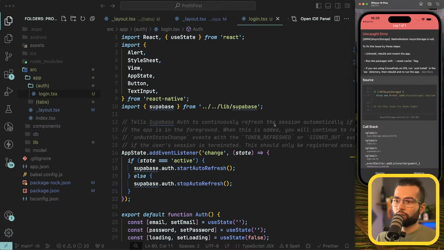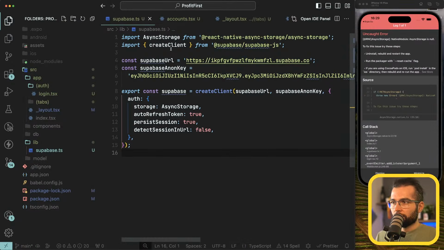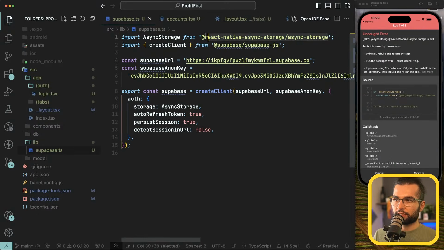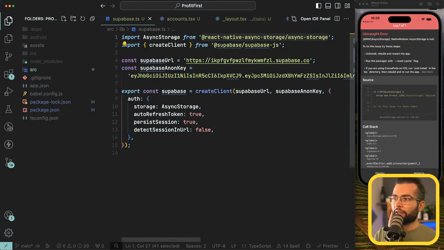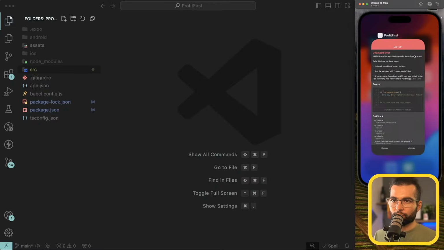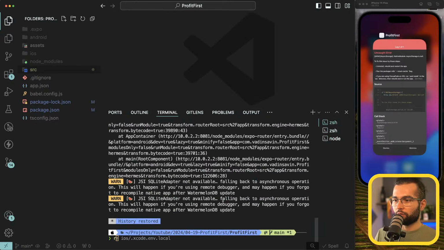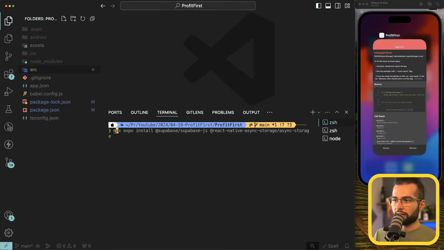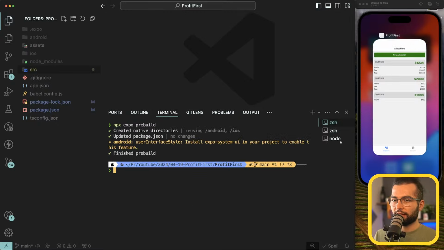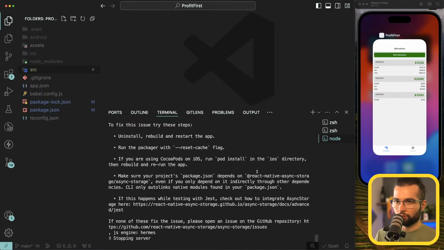Async storage is null. Okay, that means that our Supabase is using async storage, which has some native code. Whenever we install some packages that have native code, when we have pre-built our application, when we are using a custom build, here we're not using Expo Go, we are using a custom development build, that means that we need to rebuild our project. So let's go ahead and run npx expo prebuild. This will regenerate the configuration for the native side, and then we can do